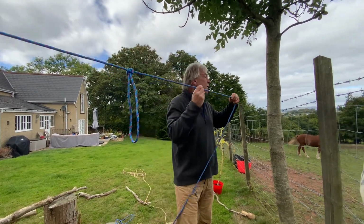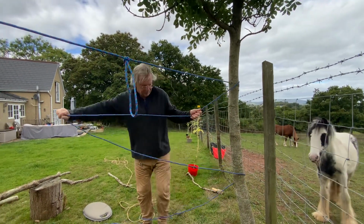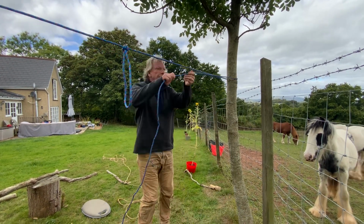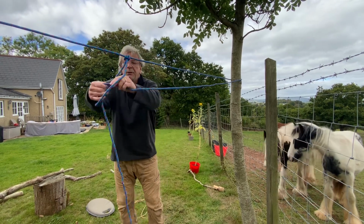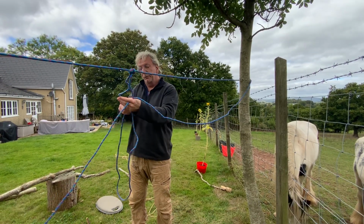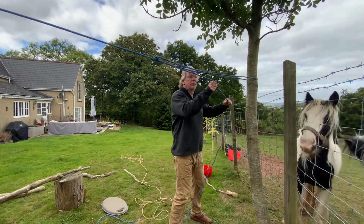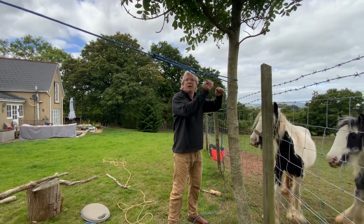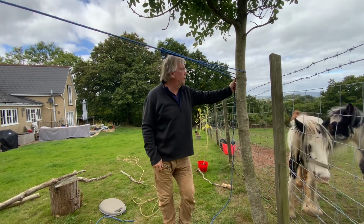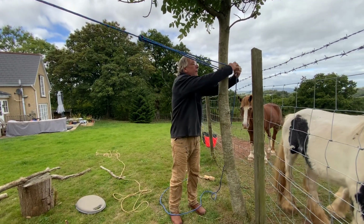The next stage of our tensioning knot is to take the working end of your rope around the tree, put it through your loop, in this case the alpine butterfly loop, and tension. Now this is going to be taut enough for you to drape a tarpaulin over to start to make your shelter. The next bit is to take your working end, again round the back of the tree,